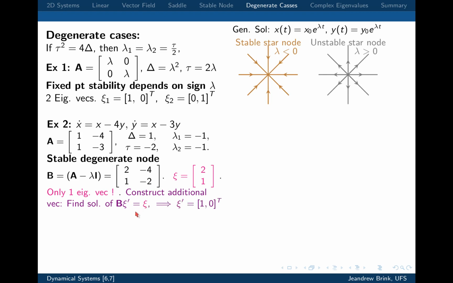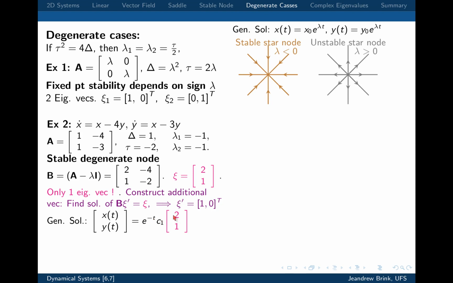And you can show that to do that, you only have to find one that works. If you have C prime equals to 1, 0, then you can see that B times C prime is going to give you C. So then we've got an additional vector. So this thing is just a linear algebra problem that you have to solve. You have to get your second vector, and then you can construct your general solution, and it's basically what we've